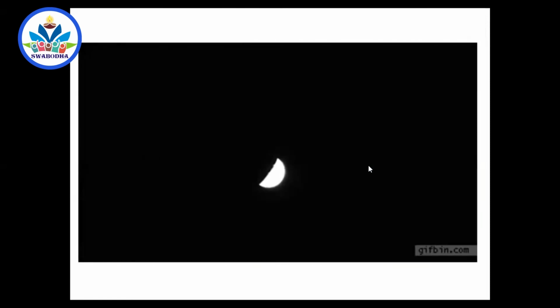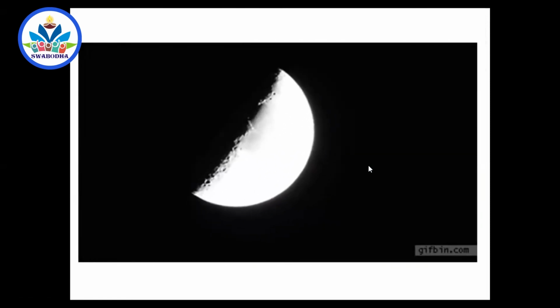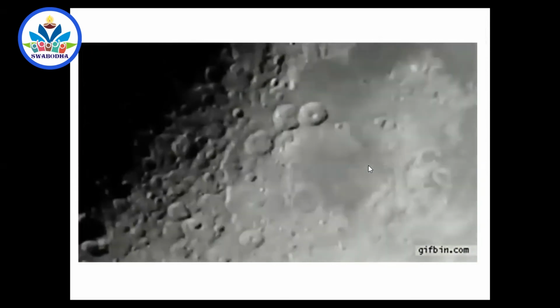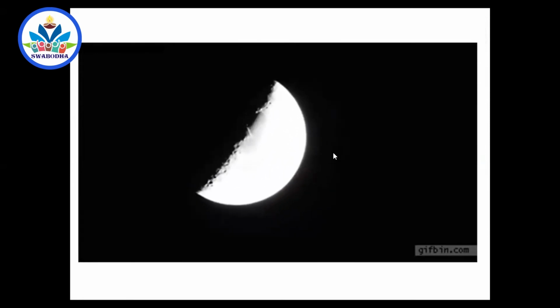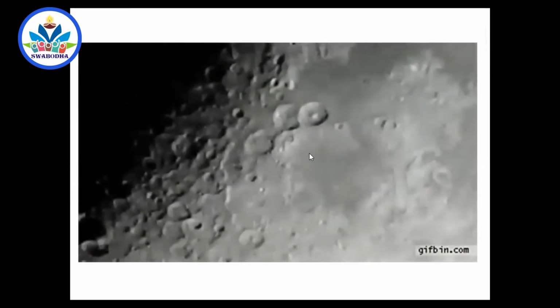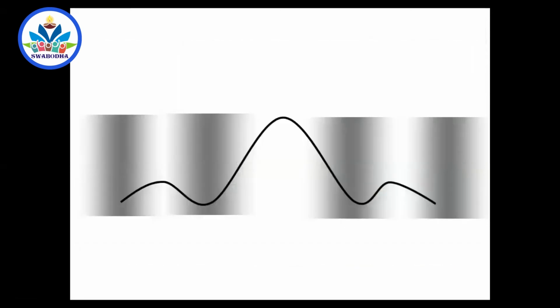So if you look into the moon with bare eyes, smaller image is created, and comparatively when you look into the moon through the telescope, a very large image is created compared to the previous image. But both the images are smaller than the moon. So don't be under the impression that image will be larger than the moon. Okay, so now one thing I want to make it clear.